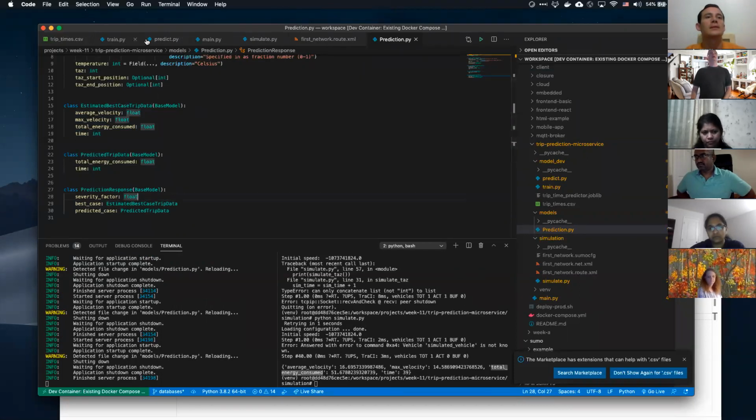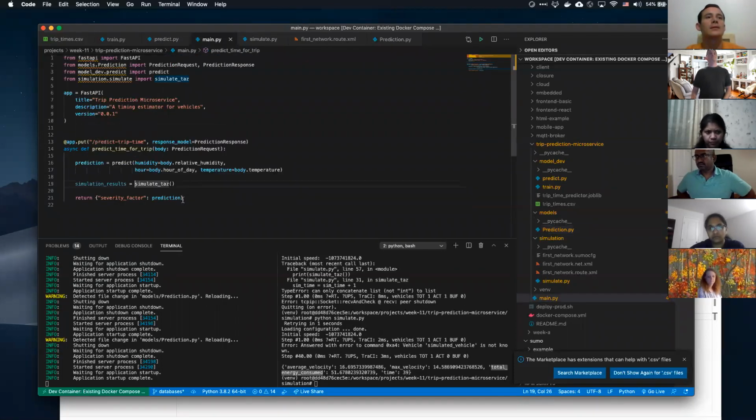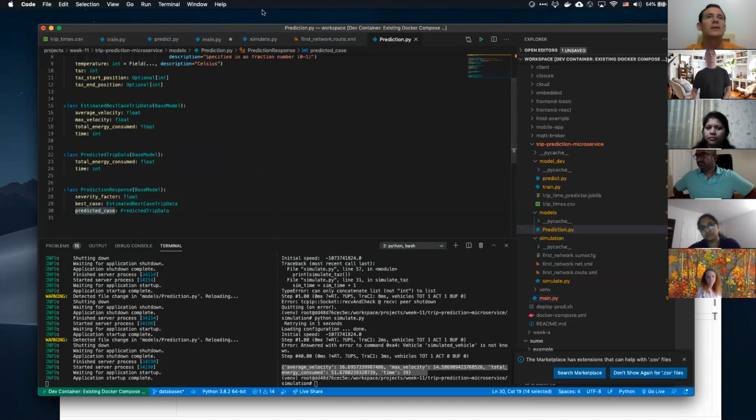And so in here now, we can go back to main, and we can say best case is going to be equal to simulation results, I think, because it's basically this object that we're getting back, right? And then predicted case. Yep.